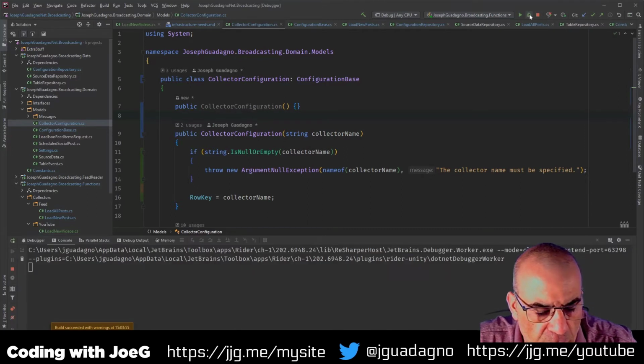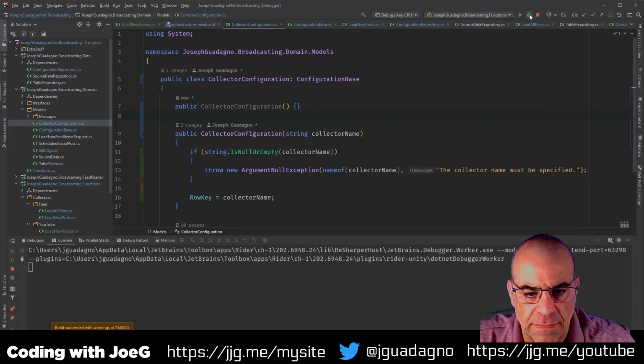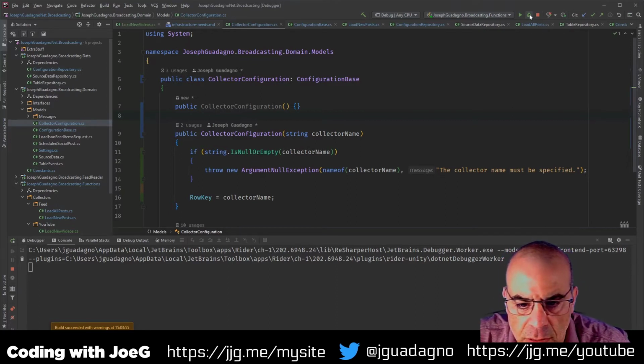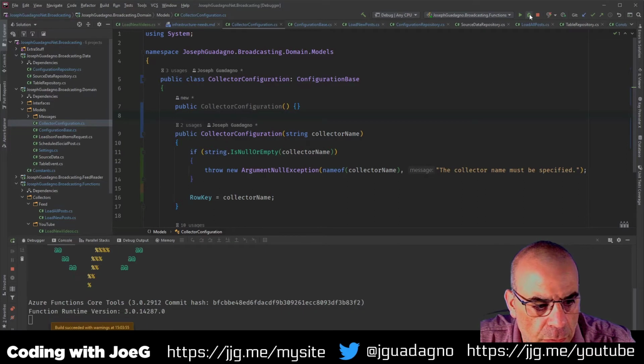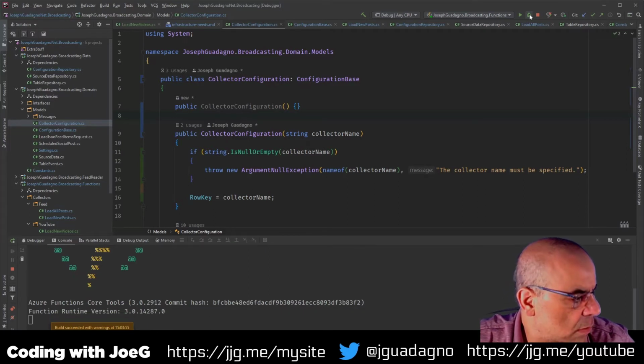Ignore a lot of those build warnings. It's because I have .NET Framework 5 installed and ReSharper, Rider doesn't totally support it yet.